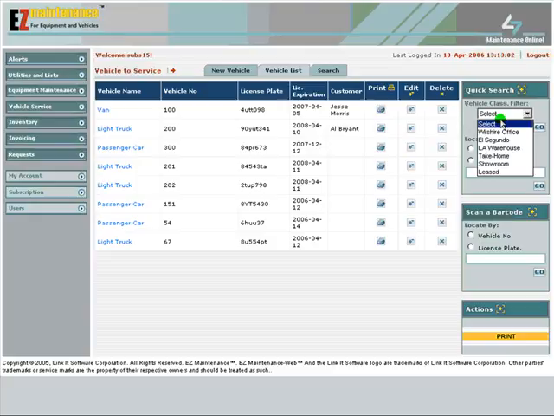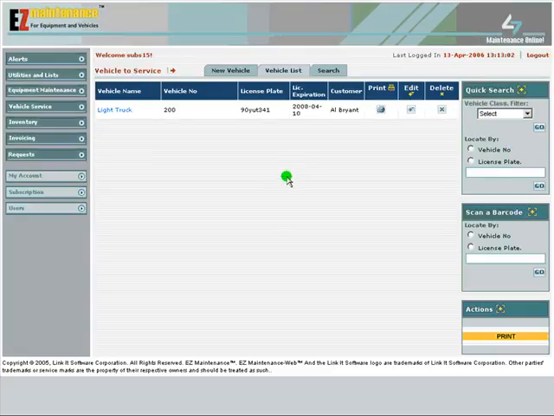To do this, you simply click on the down arrow on this drop-down menu, select a location from the drop-down list, and then click on the Go button below the drop-down box. The page will then be updated with the list of all the vehicles and only the vehicles that belong to the classification you selected. If you want to enter a new vehicle into the application, you would click on the